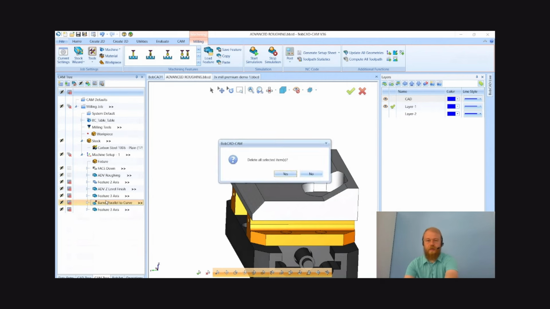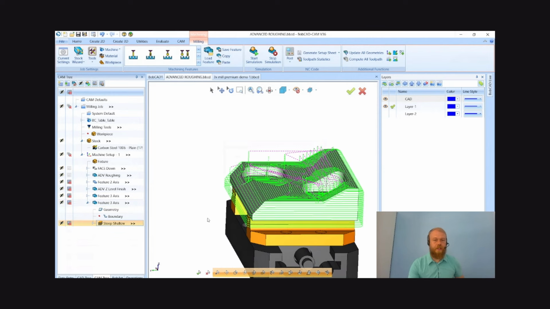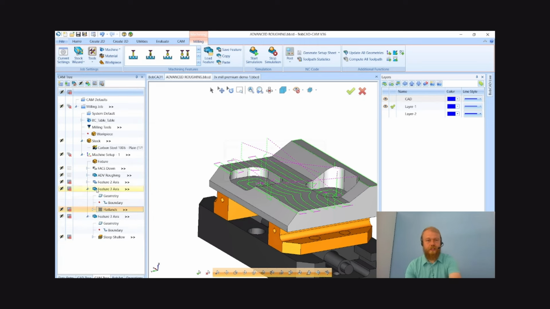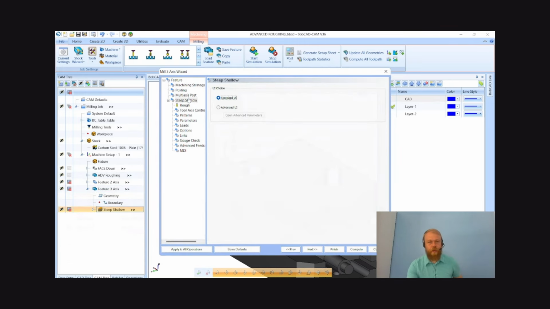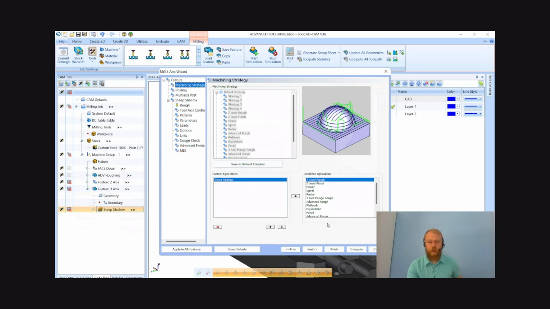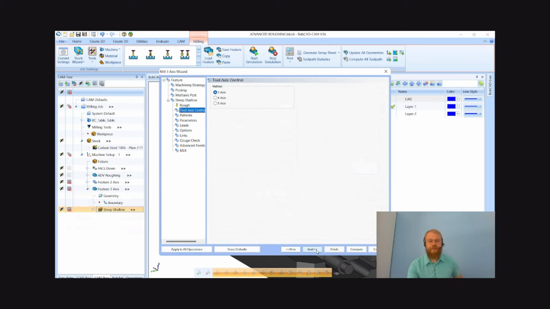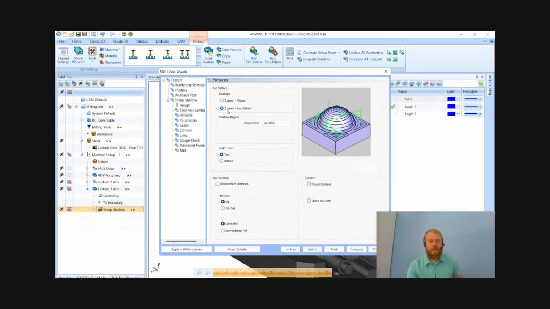And we'll go to what we're going to finish up today here with that steep shallow, a newer operation that we have here. Instead of doing the advanced sea level finish that I'm deleting here, and instead of doing the flatlands operation that I'm deleting here, we can do it all in one fell swoop with this steep shallow toolpath. Setting up the tool here and our cutting feed rate and all that stuff. And we're doing a Z-level toolpath on any tapered walls and along any flats,